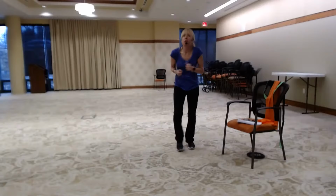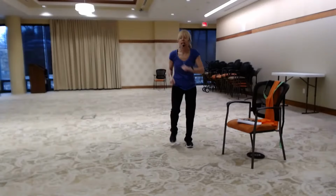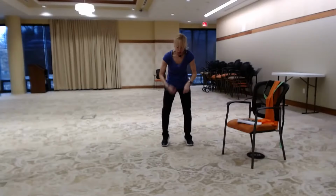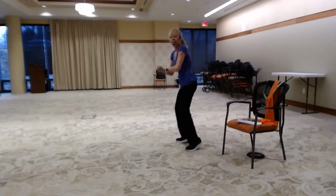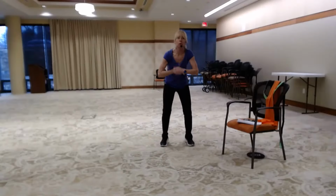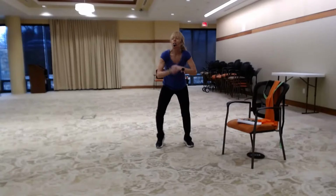Second exercise is our fast feet with our speed bag arms. Get ready? Here we go. So really you're staying up on your tiptoes a little bit. You can see I've got a little flex in my knees, and I'm really moving those feet as quickly as possible. And we have 3, 2,